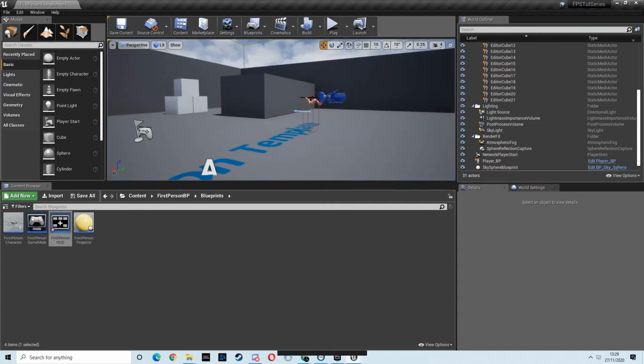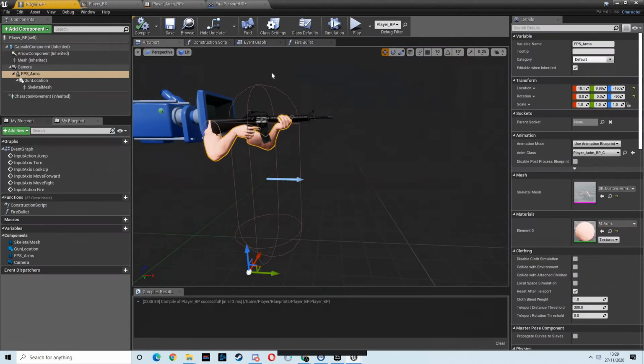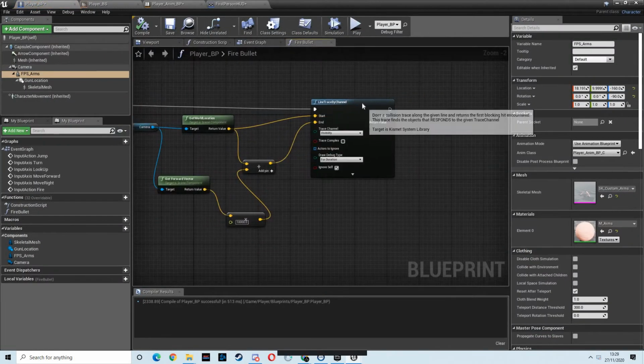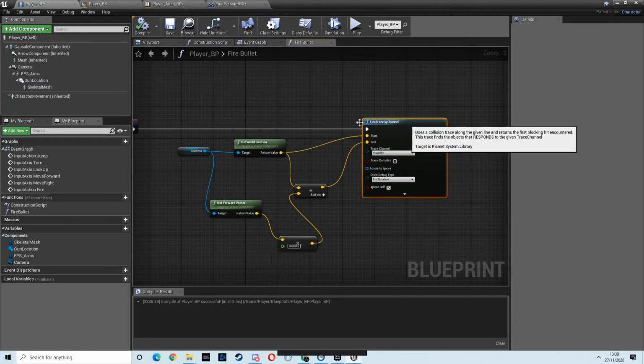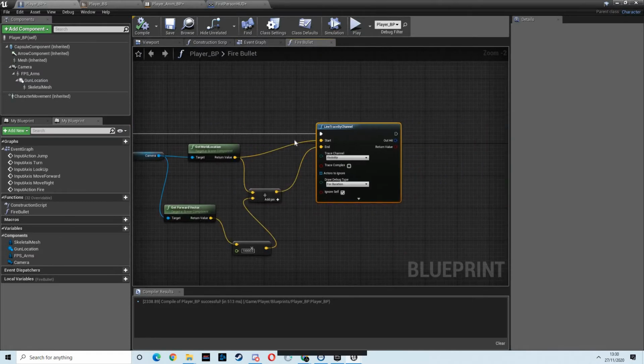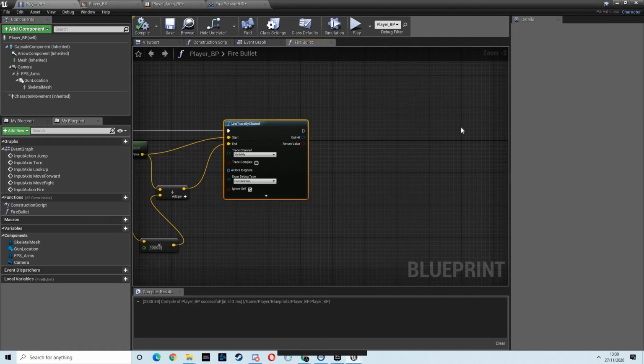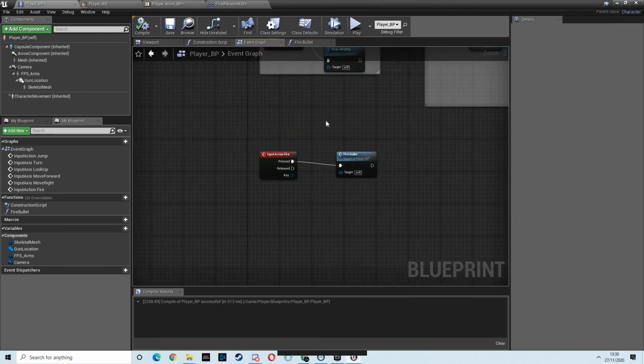So I'm going to go into my player, have a look at my fire bullet function. Okay, so this is fine for now. Obviously we want to come out of this when we hit something, when it's another actor, and we want to do some stuff. But before that, let's go and set up